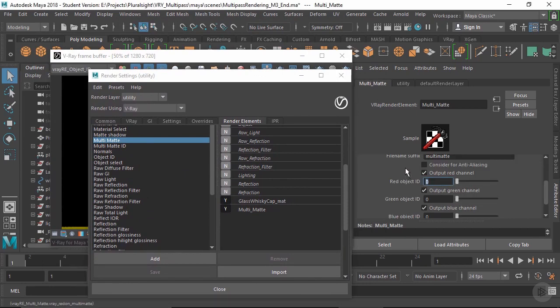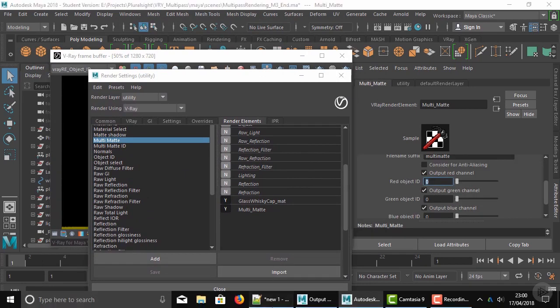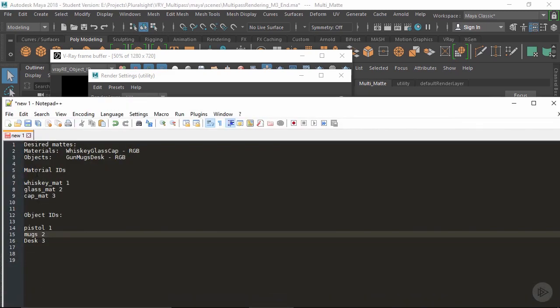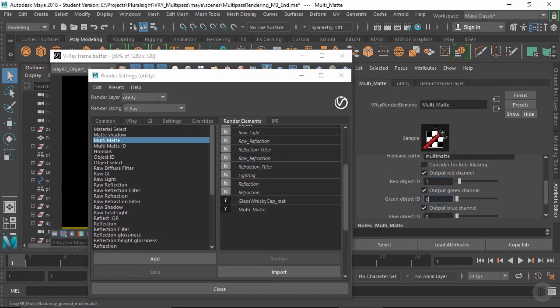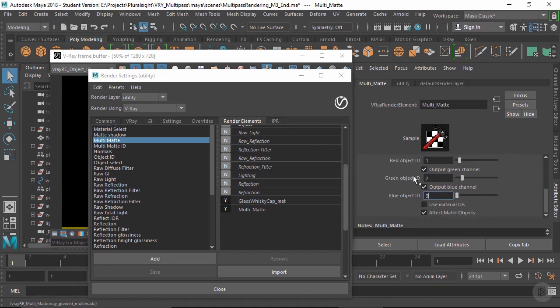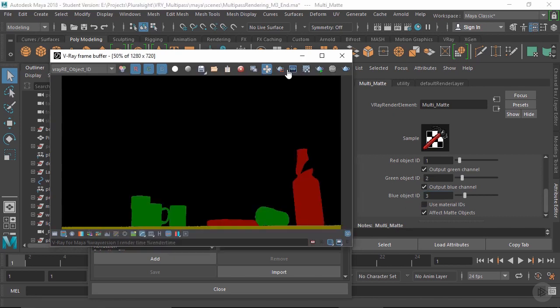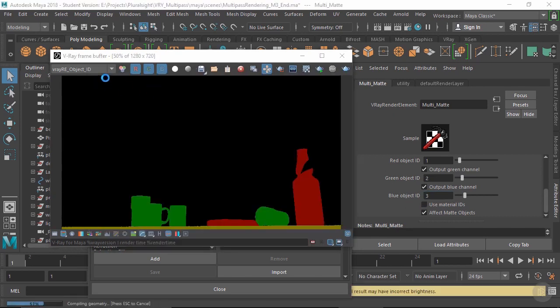We're going to do the same thing. So we have decided, and if we check our idiot sheet again, that guns are going to be red, mugs are going to be green, and the desk is going to be blue. So 1, 2, 3, that corresponds to the numbers we assigned. These numbers only exist because we've done them. By default it will be using object IDs. If you actually tick this box, it will use the material IDs. I'll just show you that in a minute. So if I render that quickly,